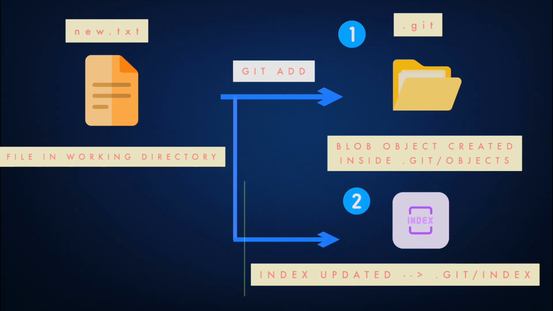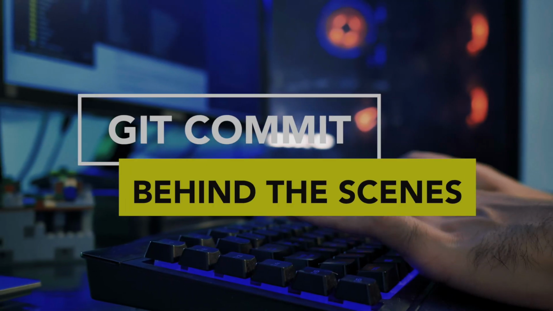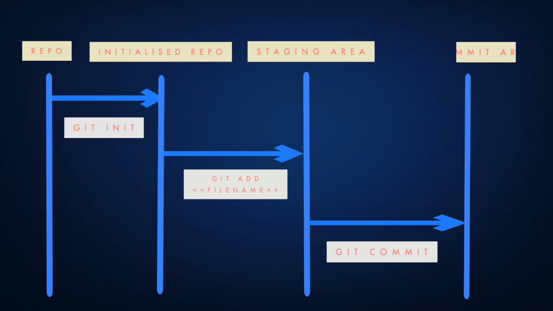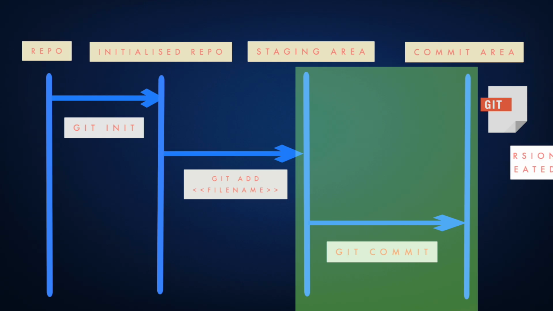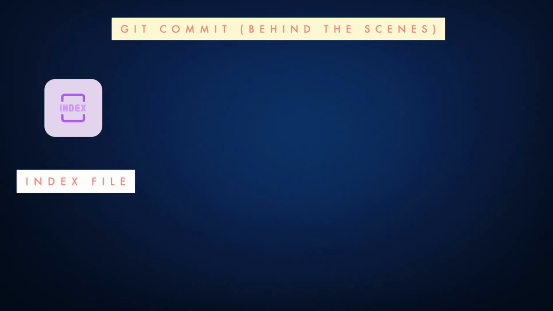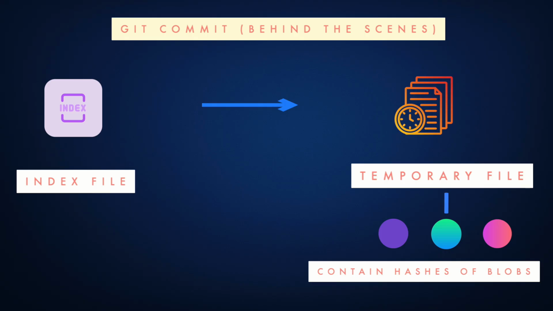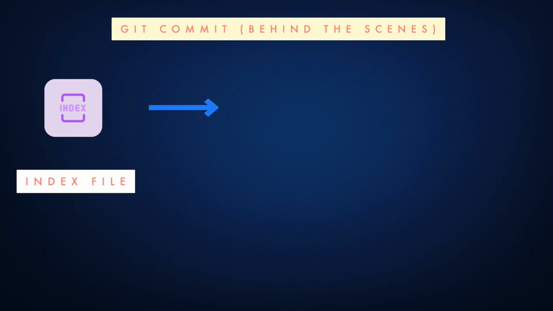So let's see what really happens behind the scenes when we run the git commit command. From the surface level we know that when we run commit, our file transitions from the staging area to the commit area and our version gets created. But behind the scenes, the first thing that happens is with the index file, which from our previous lecture is a temporary file or a temporary snapshot, and it contains the hashes of all the blob objects, right? So the first thing that happens when you run git commit is that from this index file a tree